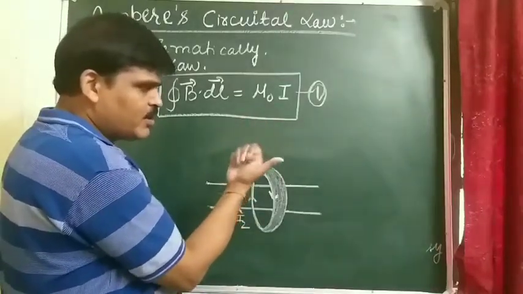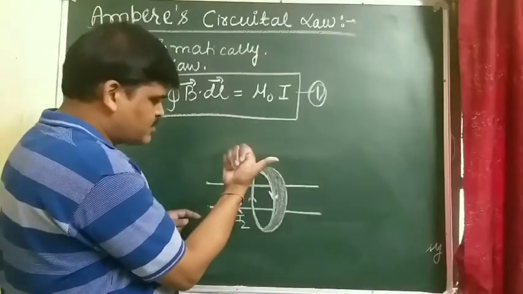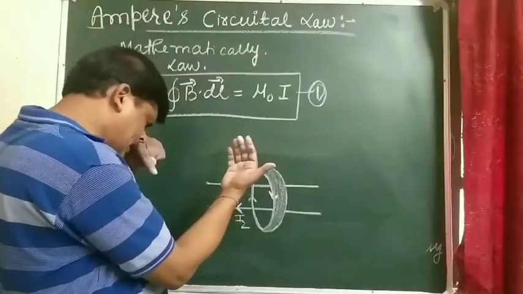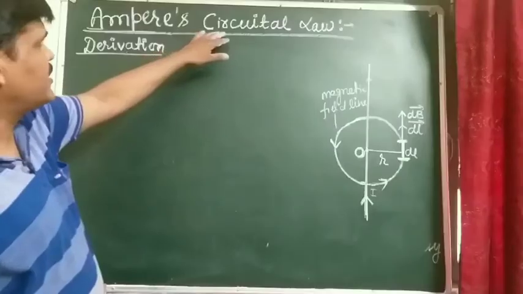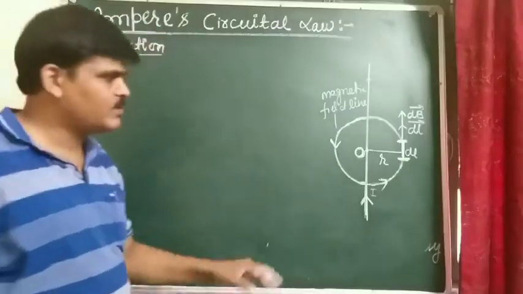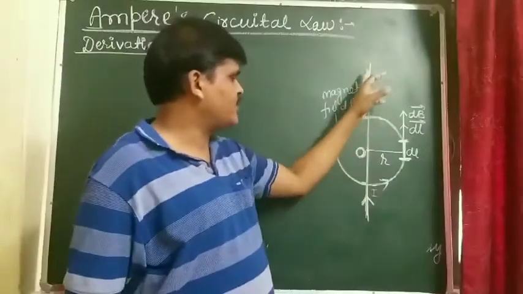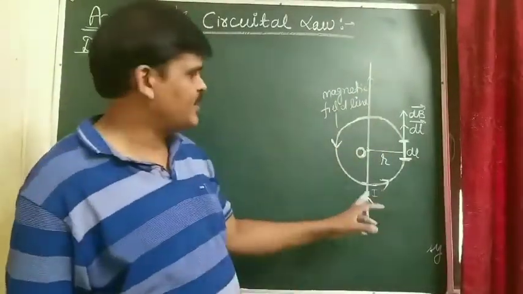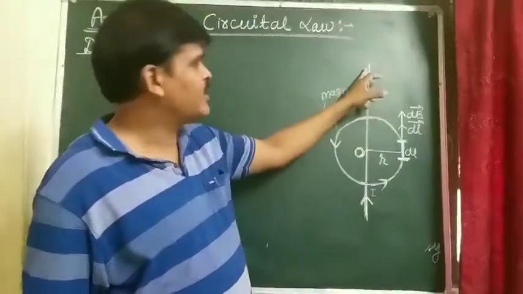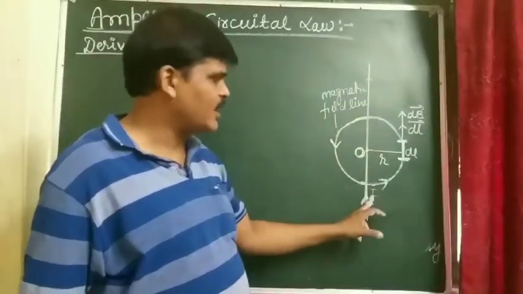Curling fingers show the direction of the boundary traversed in the loop. Then, Ampere's circuital law. For this, we have taken an infinite straight current carrying conductor. So consider an infinite straight current carrying conductor carrying current I,